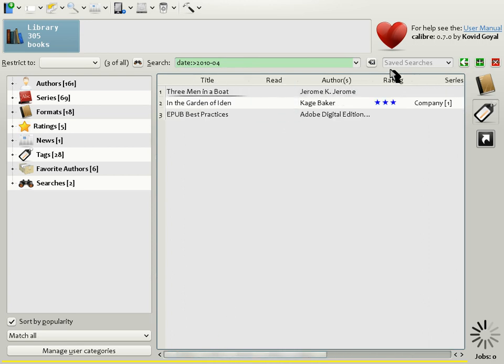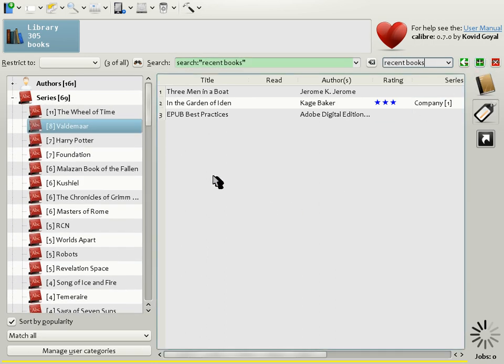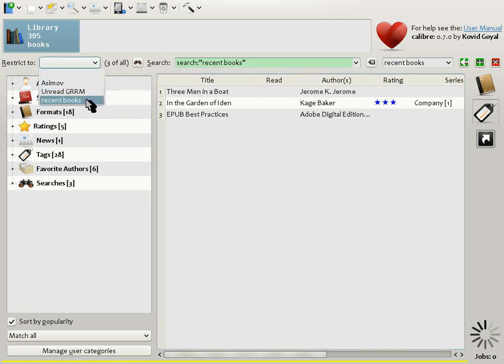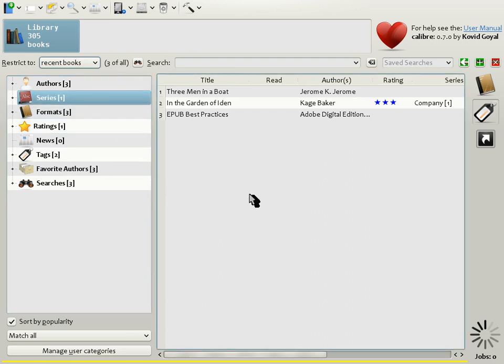The next step is to save this search, so let's save it to recent books. And there we have a search recent books. We can now restrict Calibre to this set of books by using the restrict to box here and choose recent books. And you see that Calibre has been restricted to this set of 3 books, even though the search field